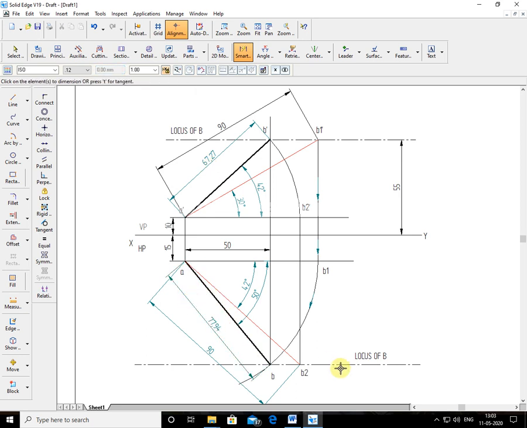I hope you understood the problem, and doubts might have been cleared regarding drawing the projection of lines using Solid Edge software. I'll come back in another video with another problem on projection of solids to show on Solid Edge. There I'll explain how to draw on Solid Edge also, and I'll solve problems on solids and clarify doubts. How to do sketching also, there only I'll explain. Okay, thank you.